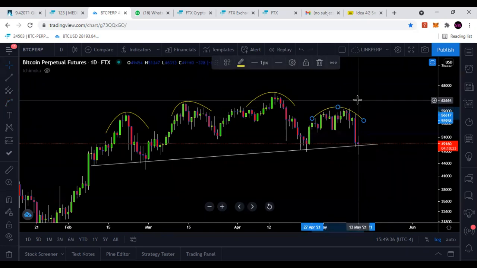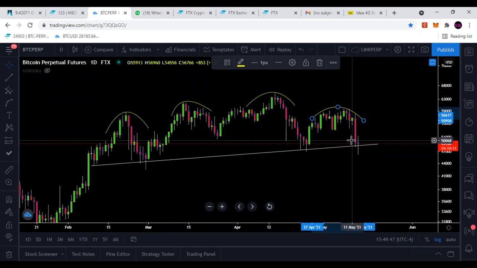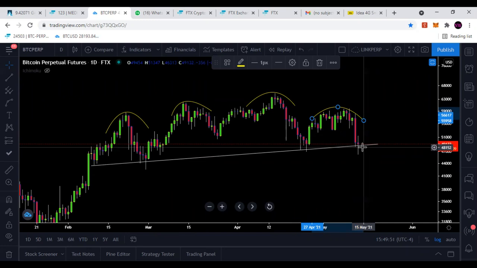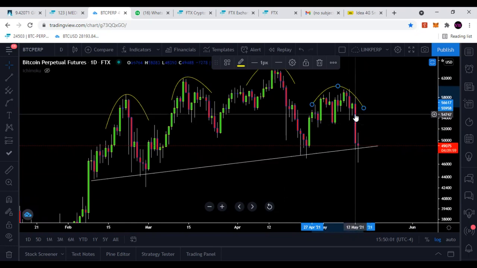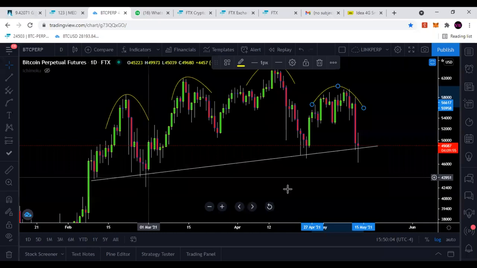Now, take note of this. Just because I'm saying that this is a complex head and shoulder top, if price doesn't close below this upsloping support, it doesn't mean it will continue to go down. Now, try to understand this. This is how it works. What I do is this. If the body of the candlestick doesn't close below